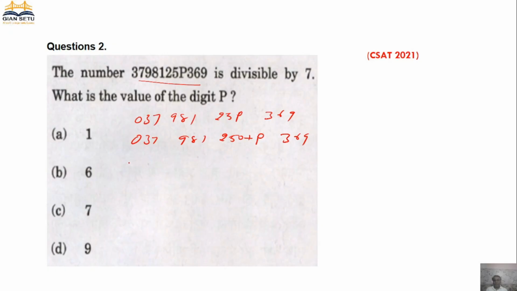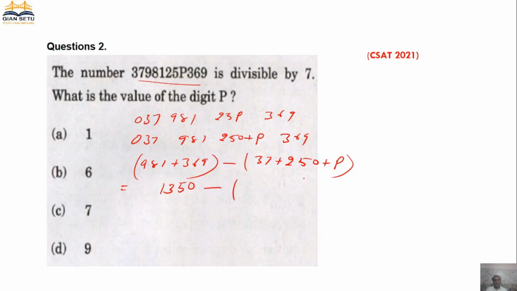Okay, now we will have 981 plus 369, minus 37 plus 200 plus P. Okay, again we will have 1350 minus 287 plus P, and again when we subtract we will have 1350 minus 287 minus P, and when we subtract these